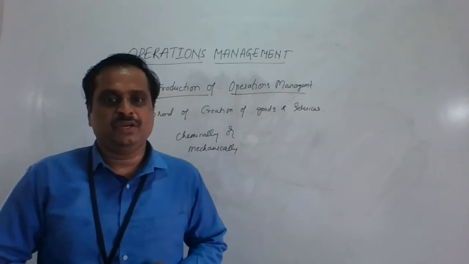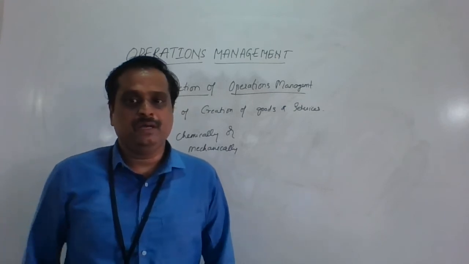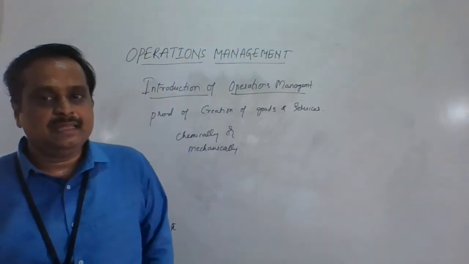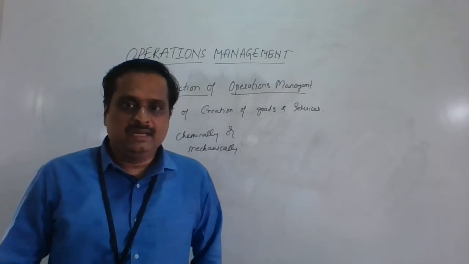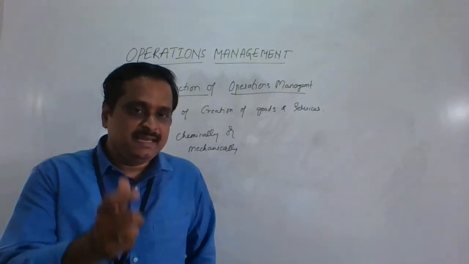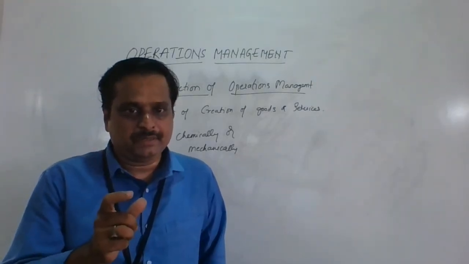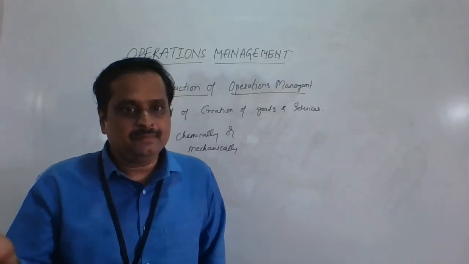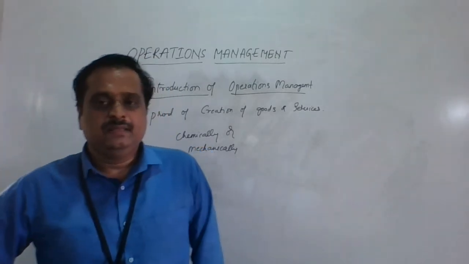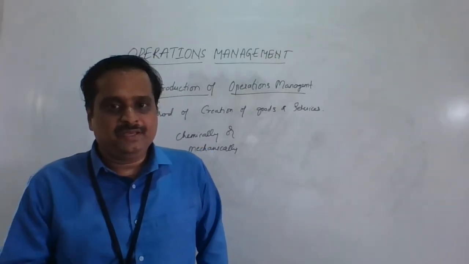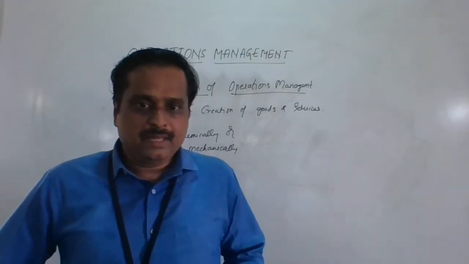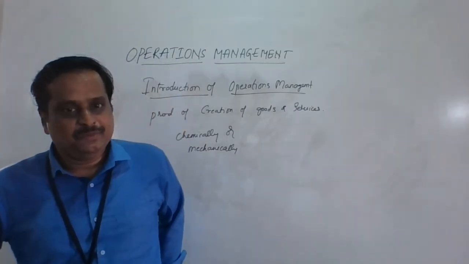The finished products of one manufacturing process may not become the finished product for consumption. It may become the raw material for another manufacturing process. For example, take a bolt. In this particular company, it is a finished product. After being sent into the market, it may become a raw material for another product.